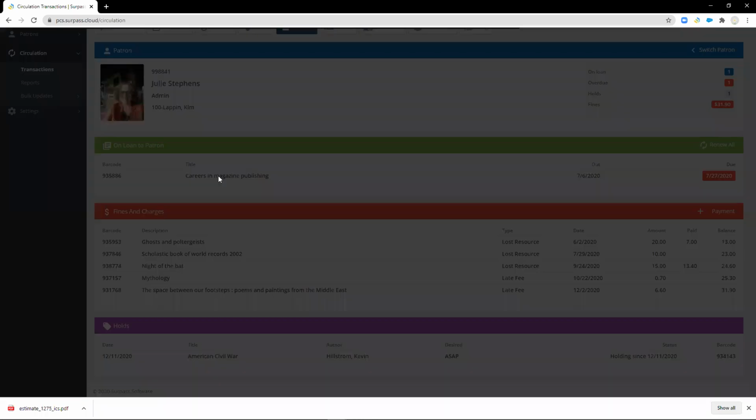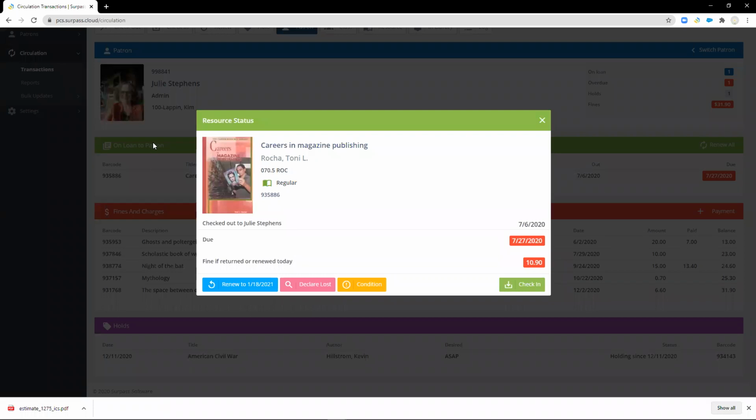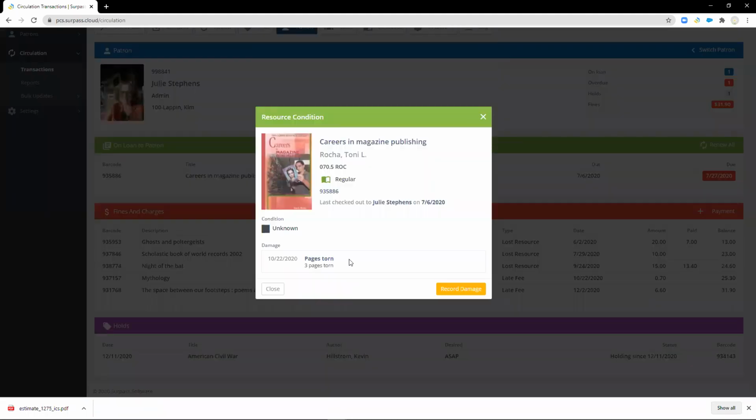Also, if you click on an item that they have out, perhaps they left it at home, they just want you to renew it for them. From here, you can renew it. You can declare it lost. This is something that we added. You can mark the condition of a book